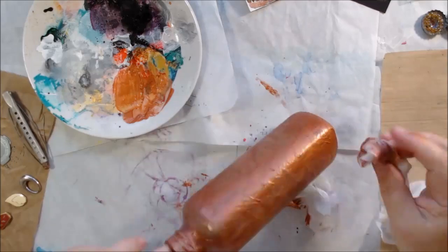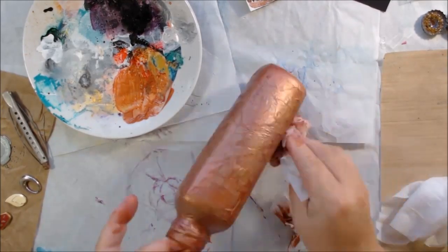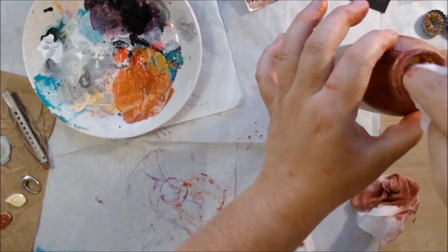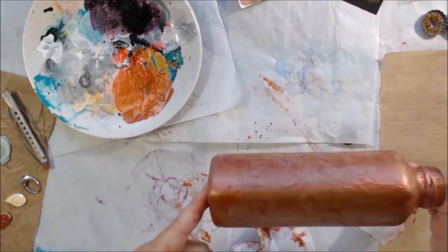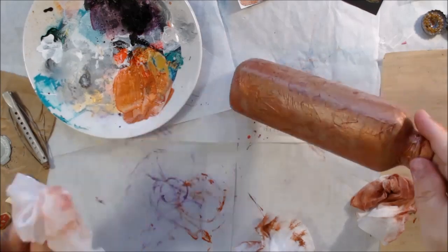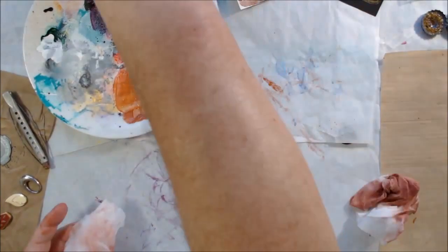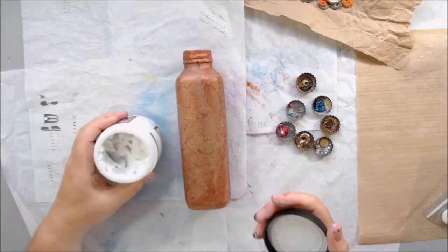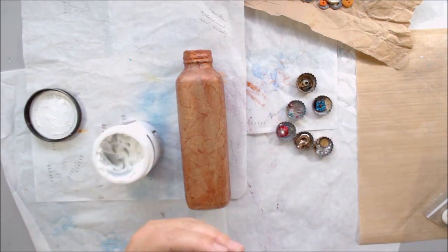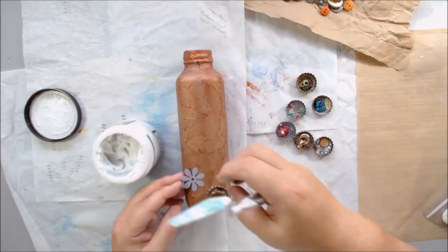I could have also put a layer of black, and I considered it because maybe it would really highlight the pieces better, but I ended up deciding that it would be too dark in comparison with the things that I was planning on gluing on top. So I decided to leave it like this. I think a good coat of triple thick glaze sealer would be good on this. It would make it really shiny, and I might do that. I have to buy some first, but